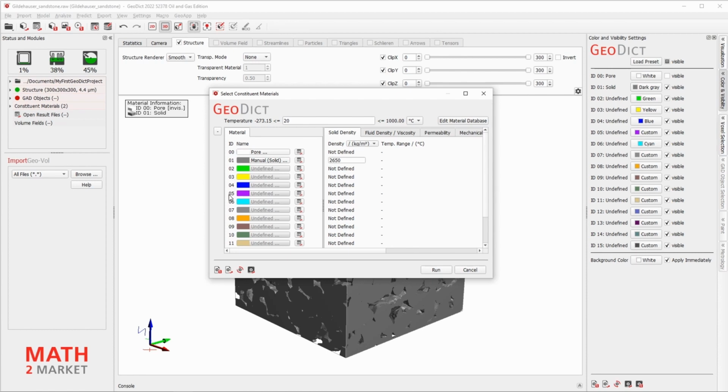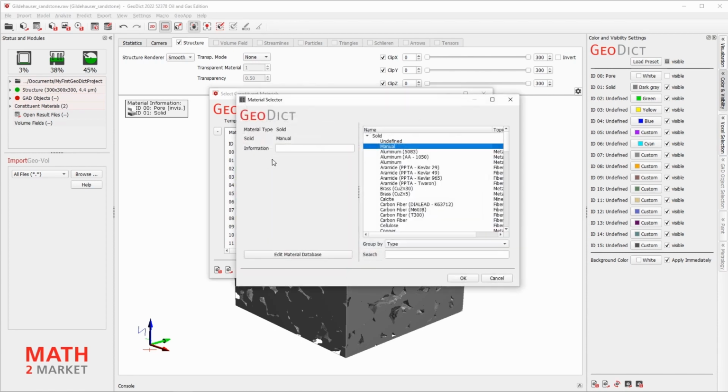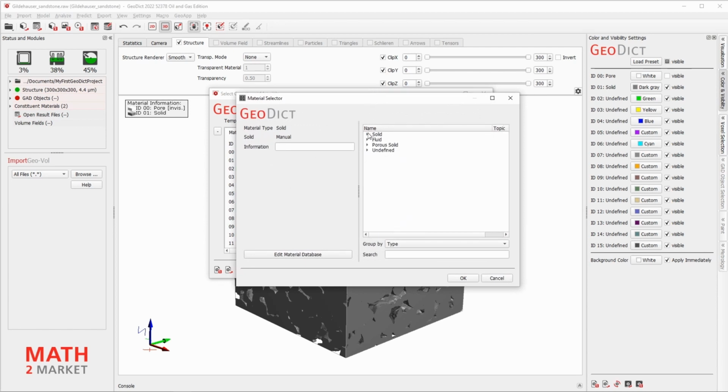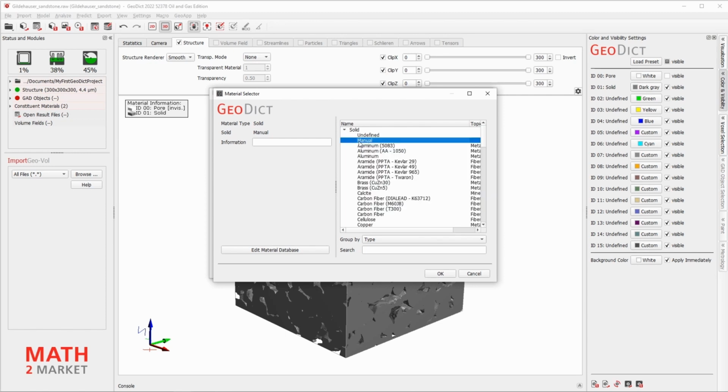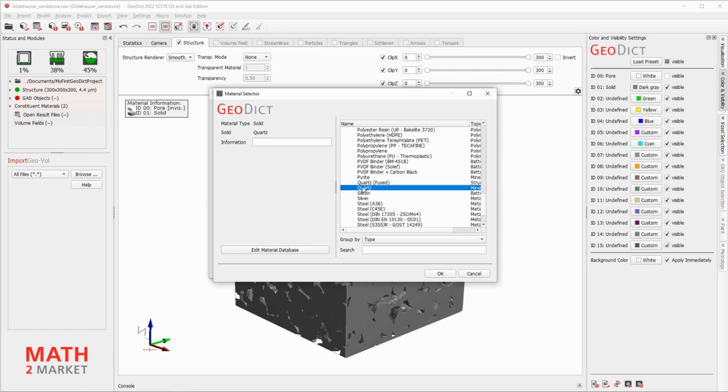What you can see here for each material is a predefined solid, fluid, porous solid, or undefined phase. As we know, quartz is a solid, so we choose solid, and look for quartz in the material table. Select quartz and click OK.